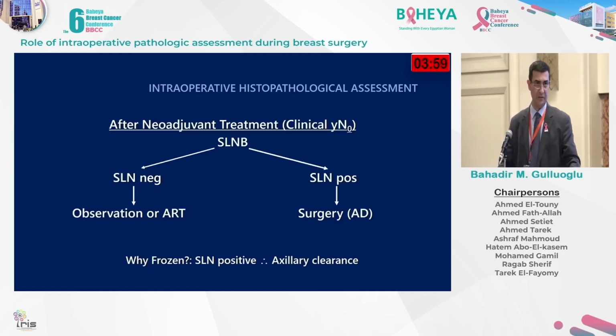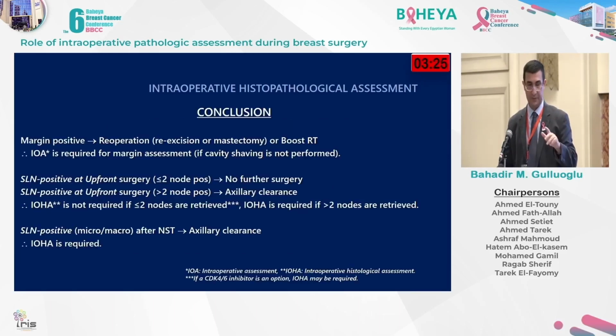So coming to the setting after the neoadjuvant treatment, here there is one recommendation. If it is negative, then you do nothing. But if it is positive, even micrometastatic disease, all the recommendations so far, although there is no evidence for this, we regard this as true, because there's no study yet, and the studies are coming. So should we do frozen section for every node that we retrieve in patients who receive neoadjuvant chemotherapy? So as a conclusion, when getting all these data together,